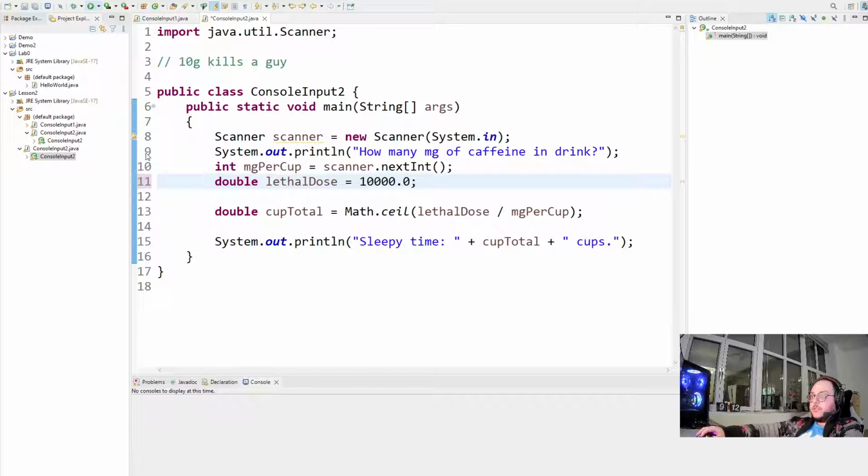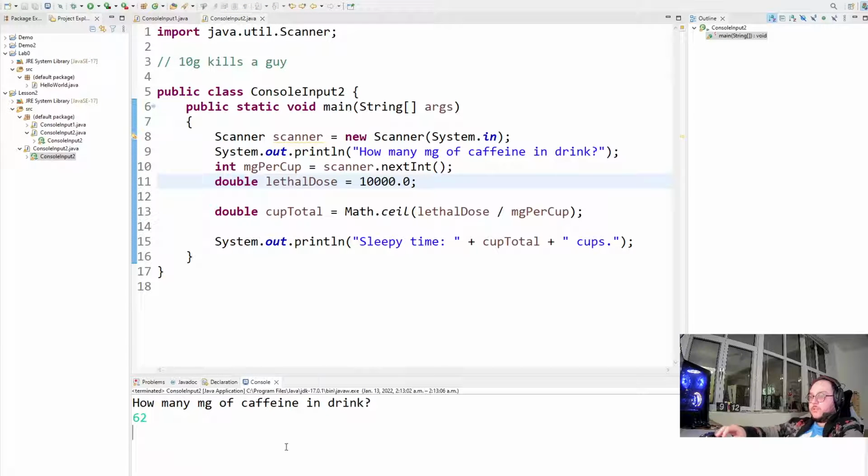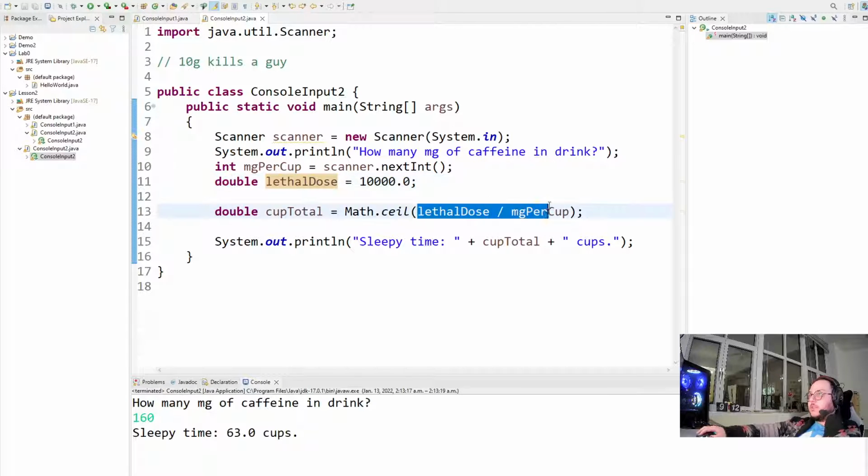Now if I run this, 62. Oh wait, yeah, I put the wrong input. 160? 63. See, now it works. Okay. So I did have to make one of the variables a double, which would then force this entire expression